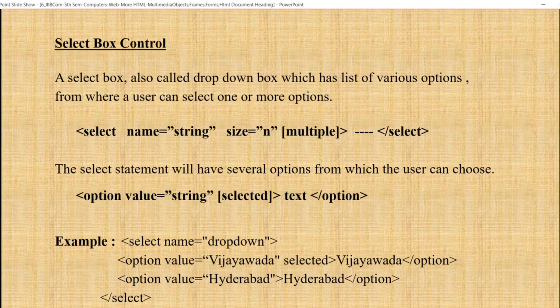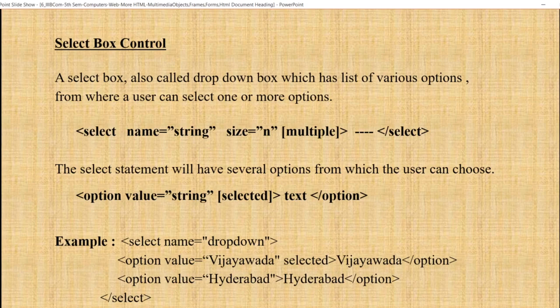Select name equals to string, size equals to n, multiple select. This select statement has several options the user can choose. For that we require the option tag. Option value equals to string, selected, text, close option. See the example. Select a name,